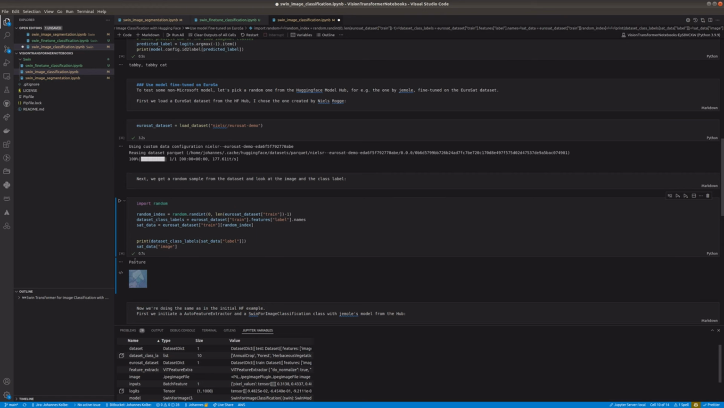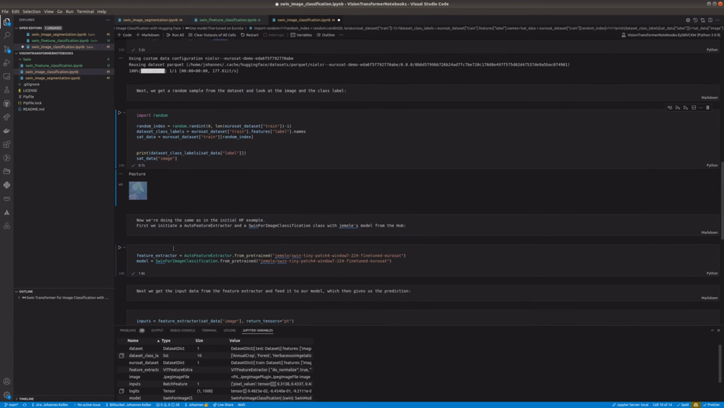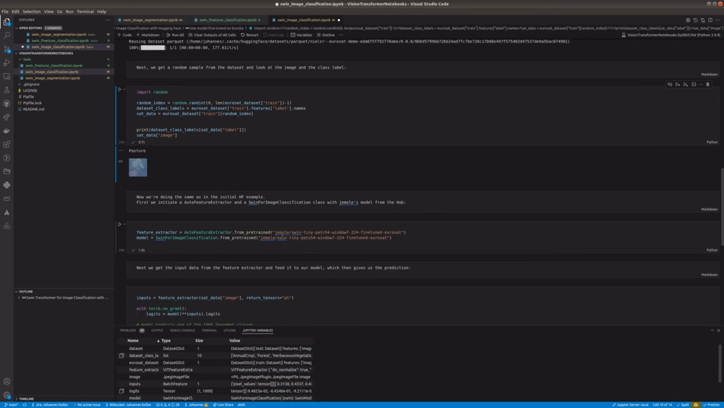This one here. And the class label, which is pasture, apparently. And now we're just doing the same as before, right? So this time the model is not from Microsoft, but from some user called Gmol. And here it's the Swin Tiny patch 4 window 7 224 fine-tuned on Eurosat. Basically the same as before, but with Eurosat, right? So let's load it